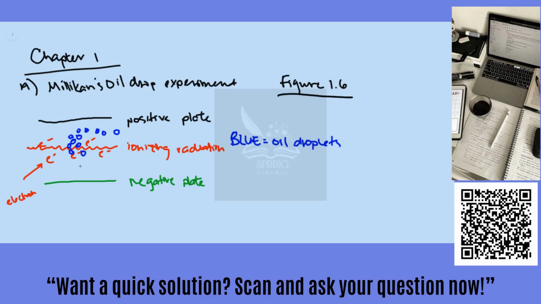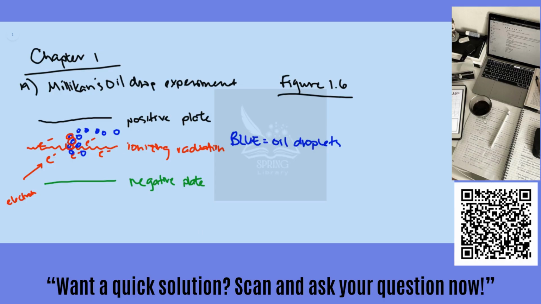So essentially what the oil drop experiment involved was coating very small oil droplets, which were made very small by basically a bulb that just sprayed oil droplets into the air, and then passing them through this beam of ionizing radiation, which, as the name suggests, ionizes the air and releases these electrons. So the electrons then coated these small oil droplets, and using a very elegant